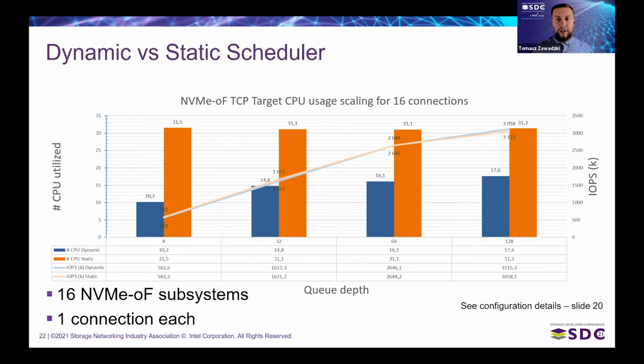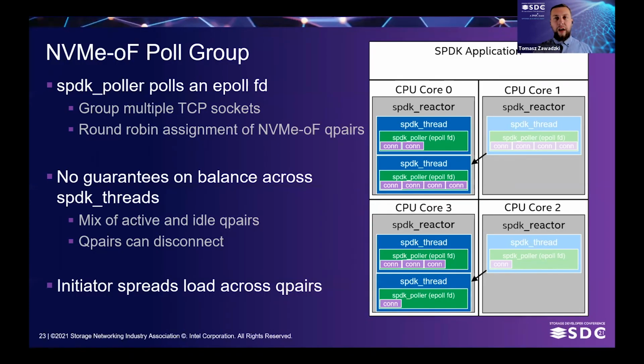That said, before going to the next case with an increased number of connections, let's discuss some of the underlying mechanisms behind the NVMe-oF SPDK poll groups, QPairs, and TCP connections. As previously mentioned by Jim, SPDK poll groups in NVMe-oF TCP poll an epoll FD. That file descriptor corresponds to a group of multiple TCP sockets. Each TCP socket represents an NVMe-oF QPair, and assigning the NVMe-oF QPairs to NVMe-oF poll groups is done in a